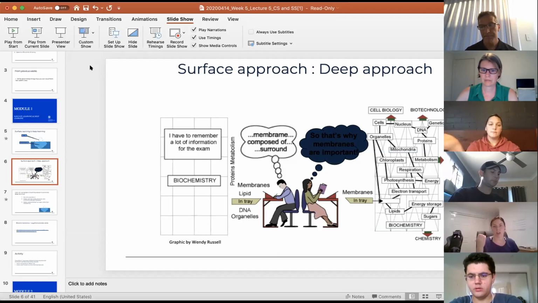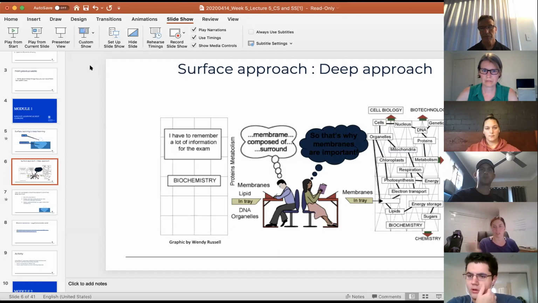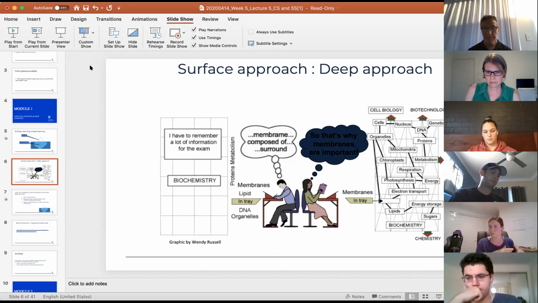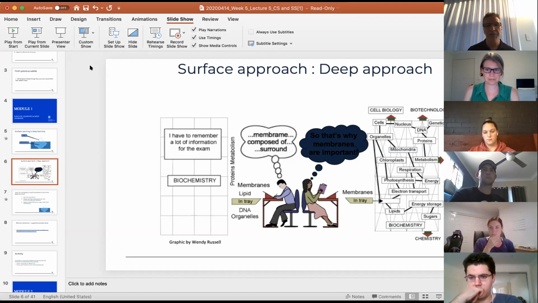So is it like police learning the phonetic alphabet? You don't really have to know what it means, but it's useful to know it all the way through when you're communicating to other people. But then if you wanted to discuss the history of the phonetic alphabet, you could always go and research and then discuss it with other people for a deeper level of understanding. Yes. Okay. Cool. Thank you. So with a surface approach you don't necessarily have to know all of that deeper stuff, but you can at least sort of know what it means.